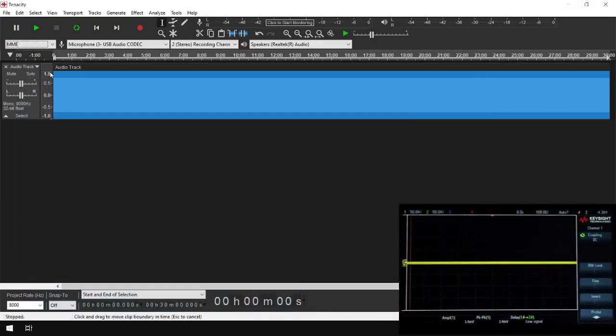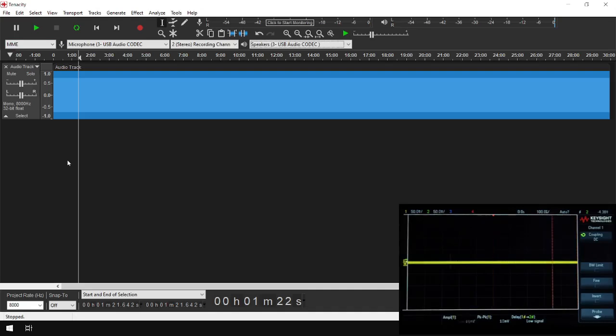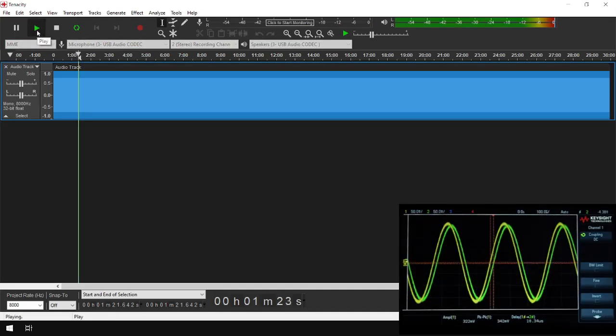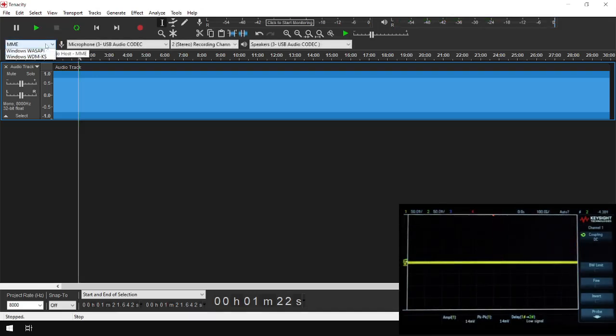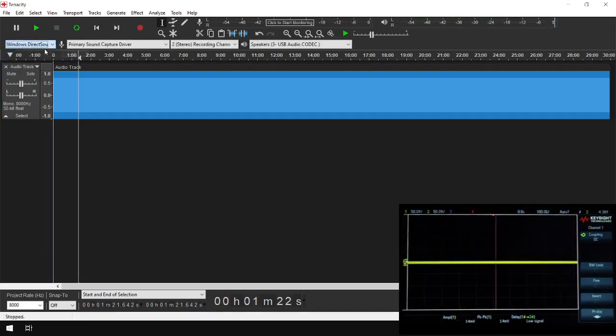But just for fun, I thought I'd compare them. This is MME, which is what I've always used. So that's pretty normal. If I change to Windows Direct Sound,